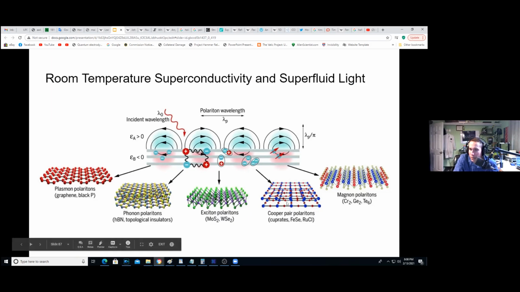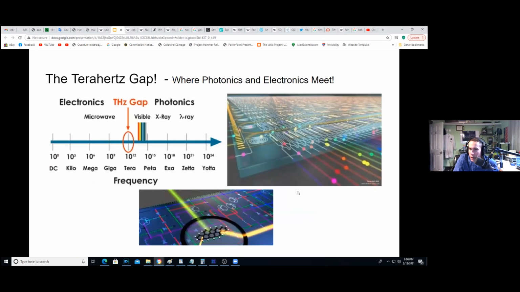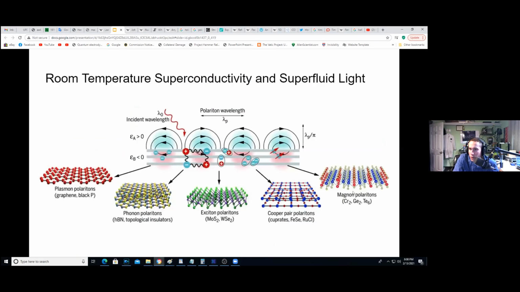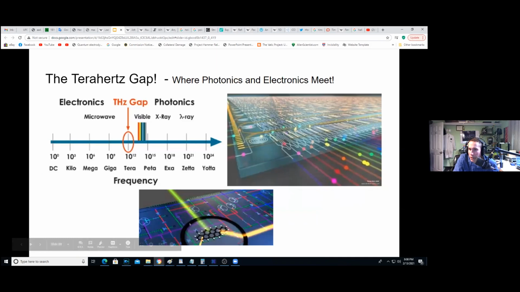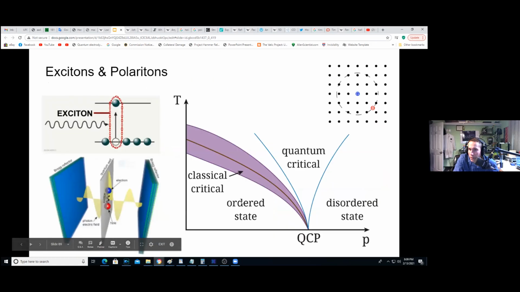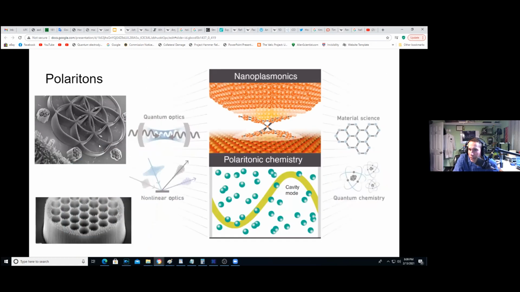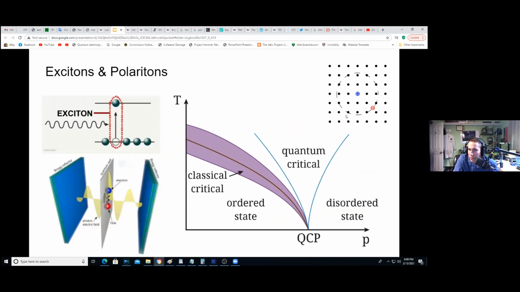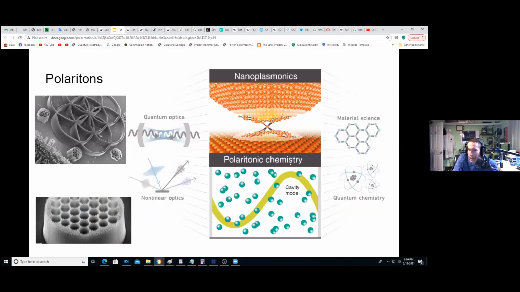Even in superconductors you have Cooper pairing, and there's a lot of interesting things you can find on polariton condensates with superconductors. Of course, closing the terahertz gap is going to be a key thing for our electronics, and merging our light with photonics. But for exciton polaritons and polariton chemistry, there's a channel I found on YouTube called Polariton Chemistry Webinars, and they're doing a real good job of teaching some of this stuff, much better than I am. I'll have to refer you to their videos.